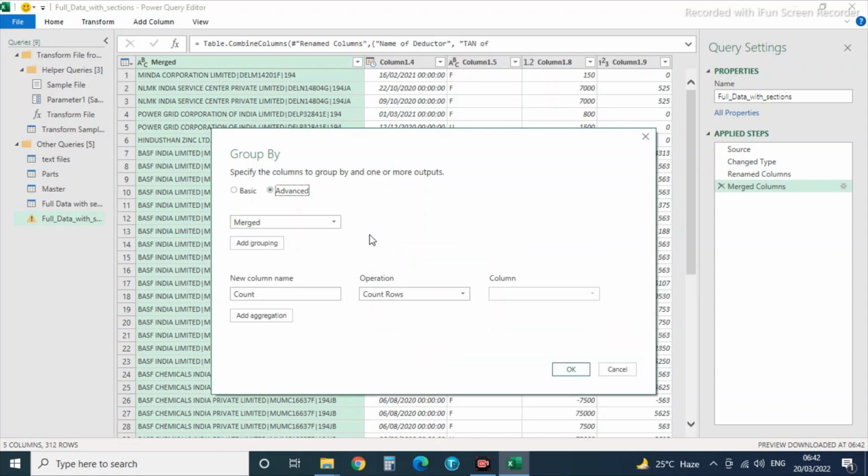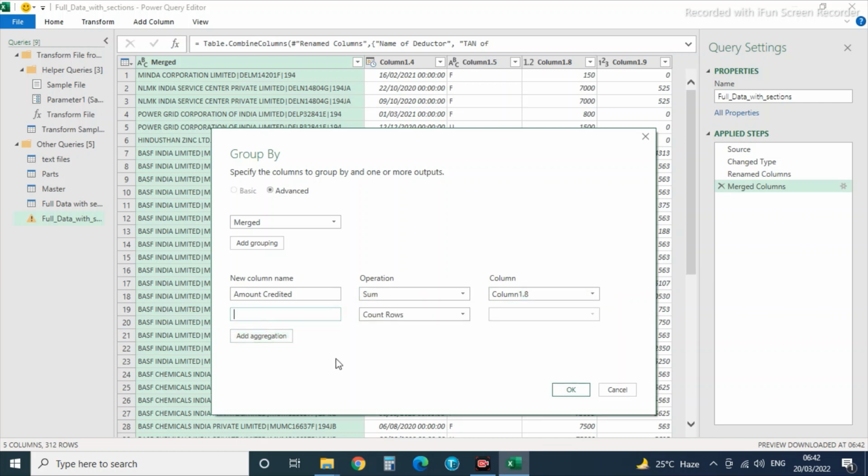I'll use advanced because I have more than one column. My first column name will be amount credited. Operation will be sum, and for amount credited I will use column 1.8. Add aggregation. I will use TDS amount, TDS amount sum, and for that I will use 1.9 and